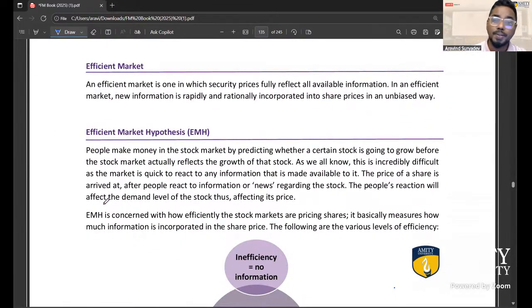Now let's talk about this market efficiency. One of my favorite topics, a life advice for you guys also. I'm not sure how many of you are trading shares trying to make money. If you are, yeah, word of caution, guys, you can't simply beat the market.